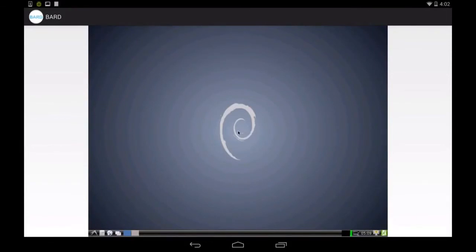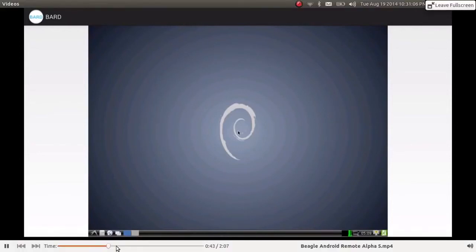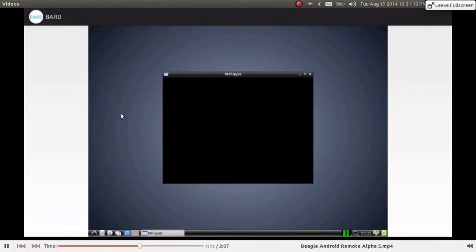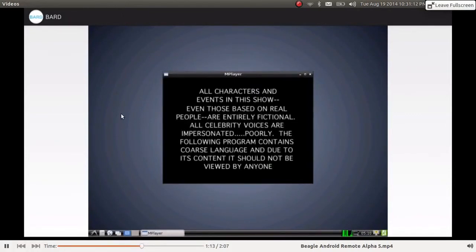I'm using SSH to execute all the commands on the BeagleBone, and to do some testing of the performance of the driver, I started a video playback on the display. I essentially requested to play this video on this particular display using SSH.